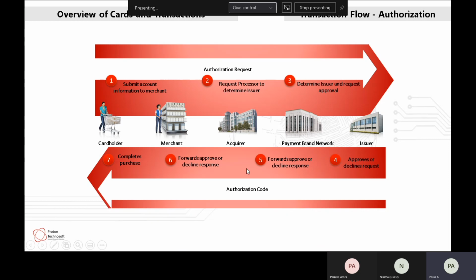Now, for all the transactions that happen like this, 1.4% is what the payment brand network charges to connect issuer to the acquirer. So Visa says, since I am a high speed network, I have connected you both and I have enabled your business transaction to succeed. I will charge 1.4% of the entire transaction amount. So if I have made a transaction of 100 rupees on my card, then 1.4 rupees will go to